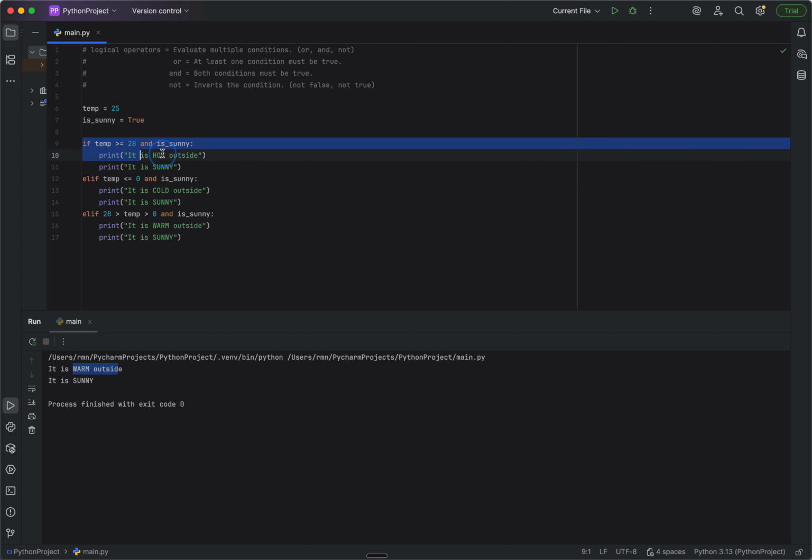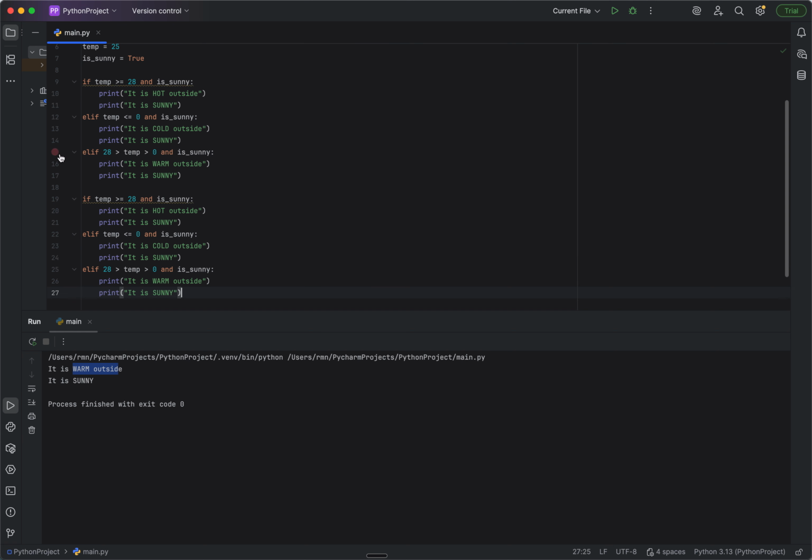Okay, now what we're going to do is take all of these, because here it's all sunny. Now let's say what we do when it's not sunny. So this one here would then be an else if, right? And then and not is_sunny, and we do the same here, and not is_sunny, and not is_sunny. And I'm a little bit confused why